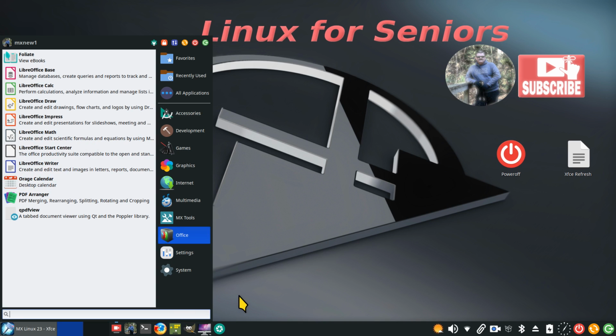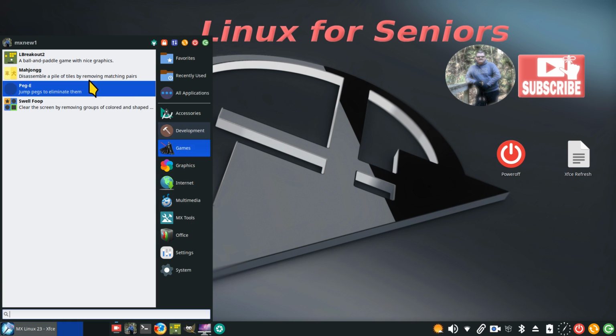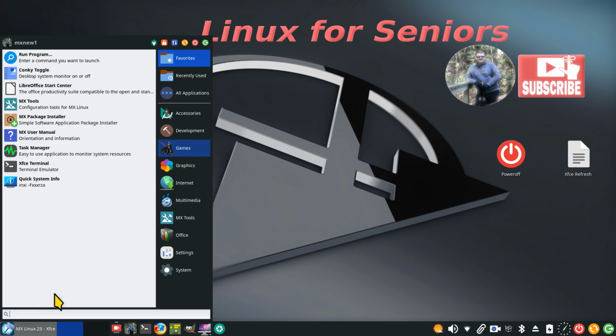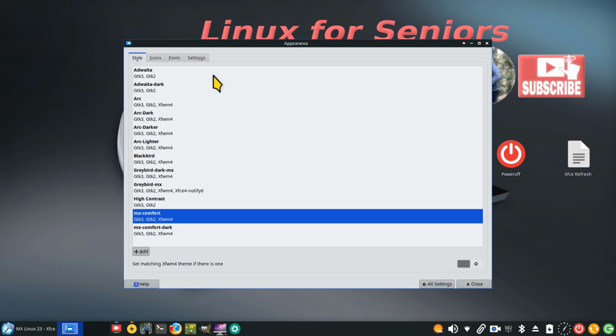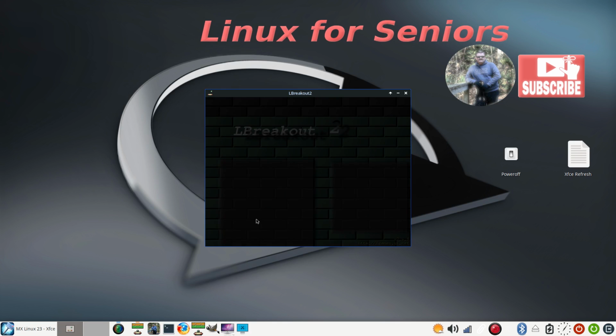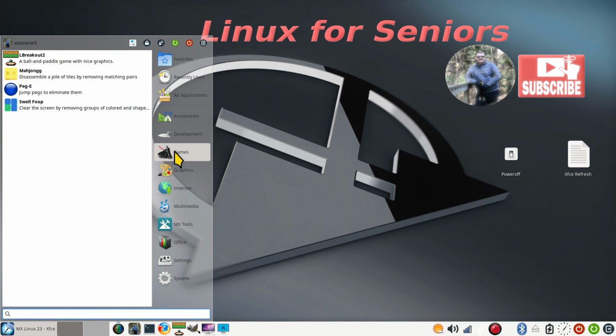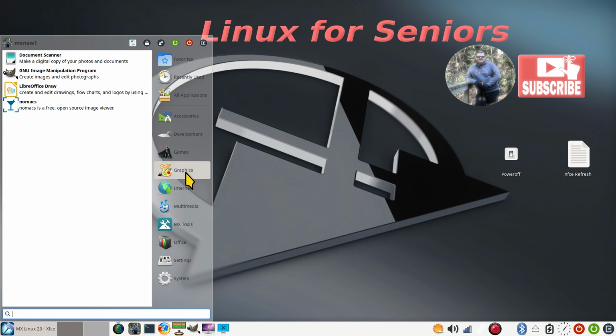Also, I want you to notice the breakout icon is a little different in this particular setup. I will switch themes, and sometimes you have stuff that looks like this. That icon is still breakout. GIMP is still GIMP. Thunar, the file manager, is still Thunar. It's still the same icon. However, that one changed from screenshot. Firefox, I have my custom icon, my custom web-based icon, my custom MX logo icon, Darth Vader thing,